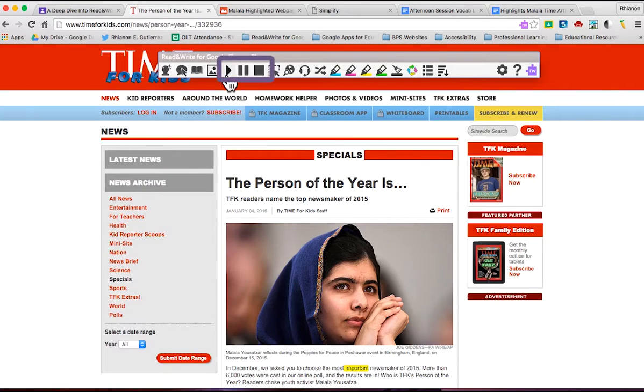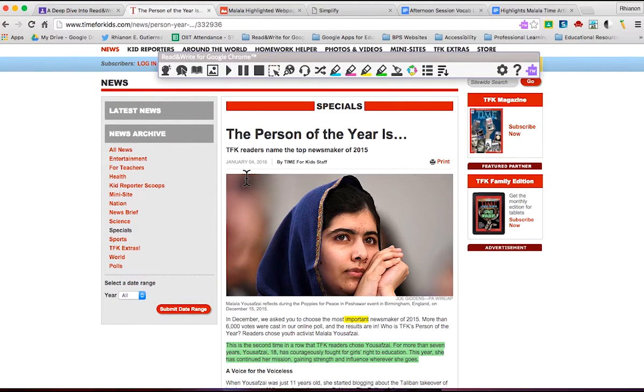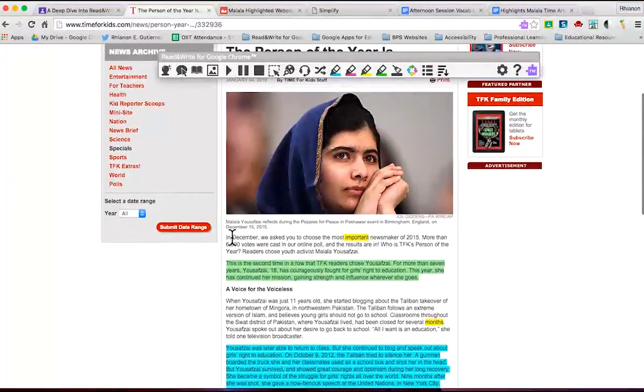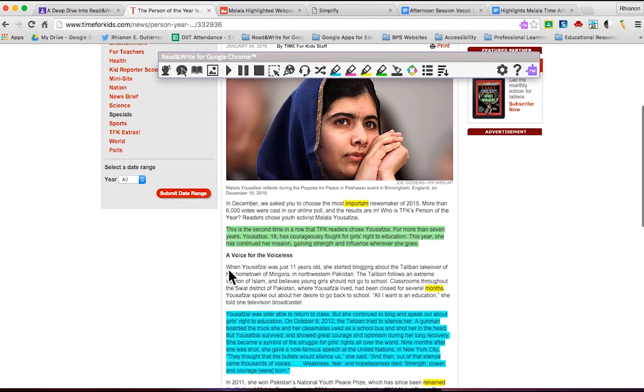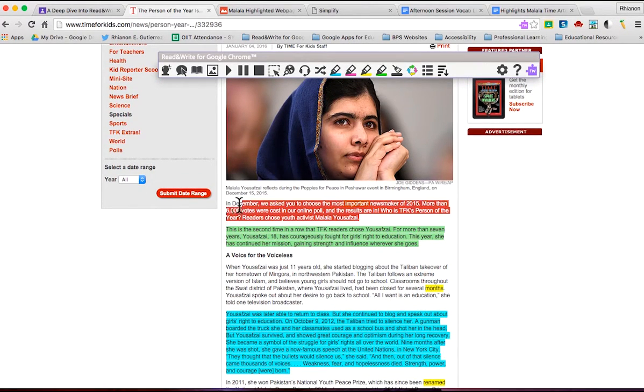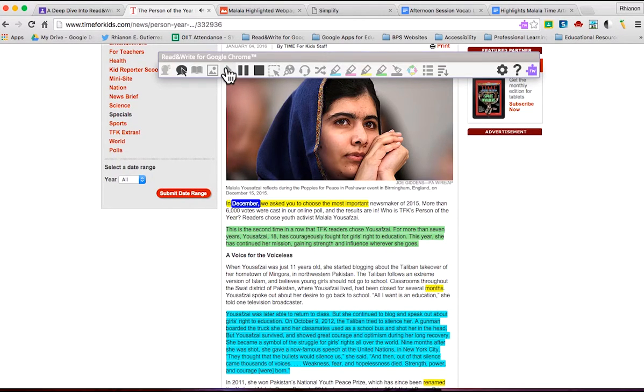To use play, pause, and stop, you are to be precise. I'm going to highlight this specific passage and then click on the play icon. I'm going to highlight the first paragraph we see, and then push play. This particular feature allows you to be precise in choosing what you want to be read. It goes sentence by sentence.